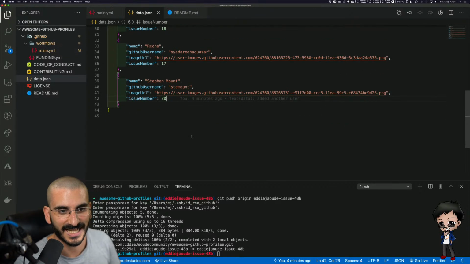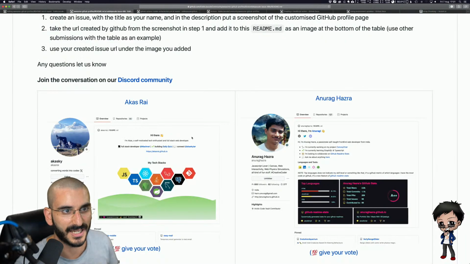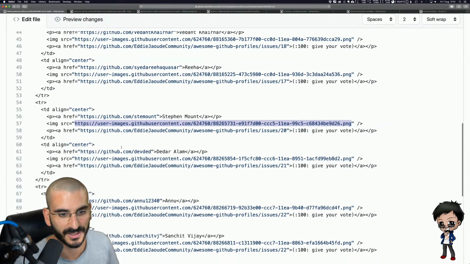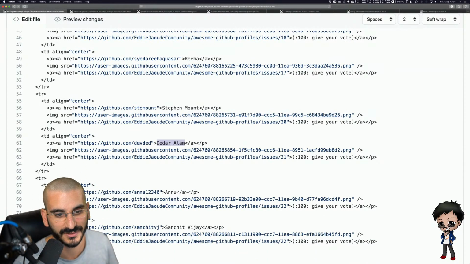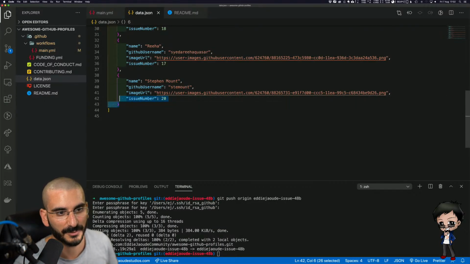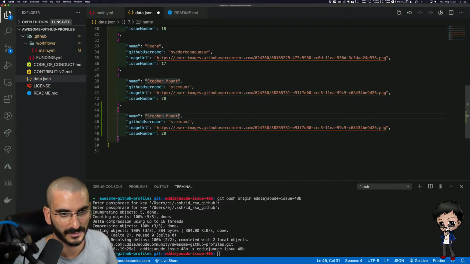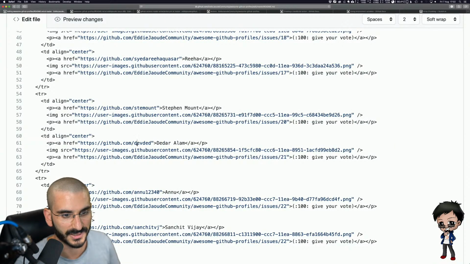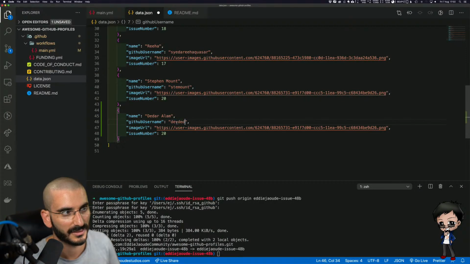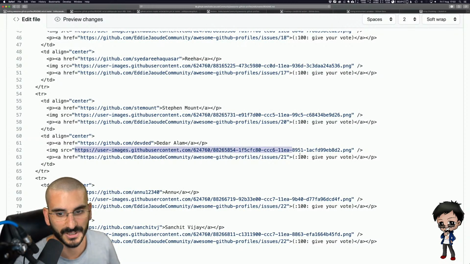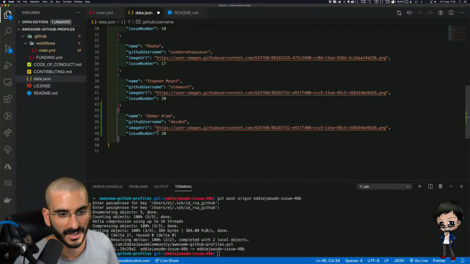Let's go back to the data. Let's add another person. So that should only be 1 gap now. But let's have a look. So the next person, we have to add all these people anyway eventually. So let's add another person. There we go. I need their username. I need their image for their screenshot of their customized